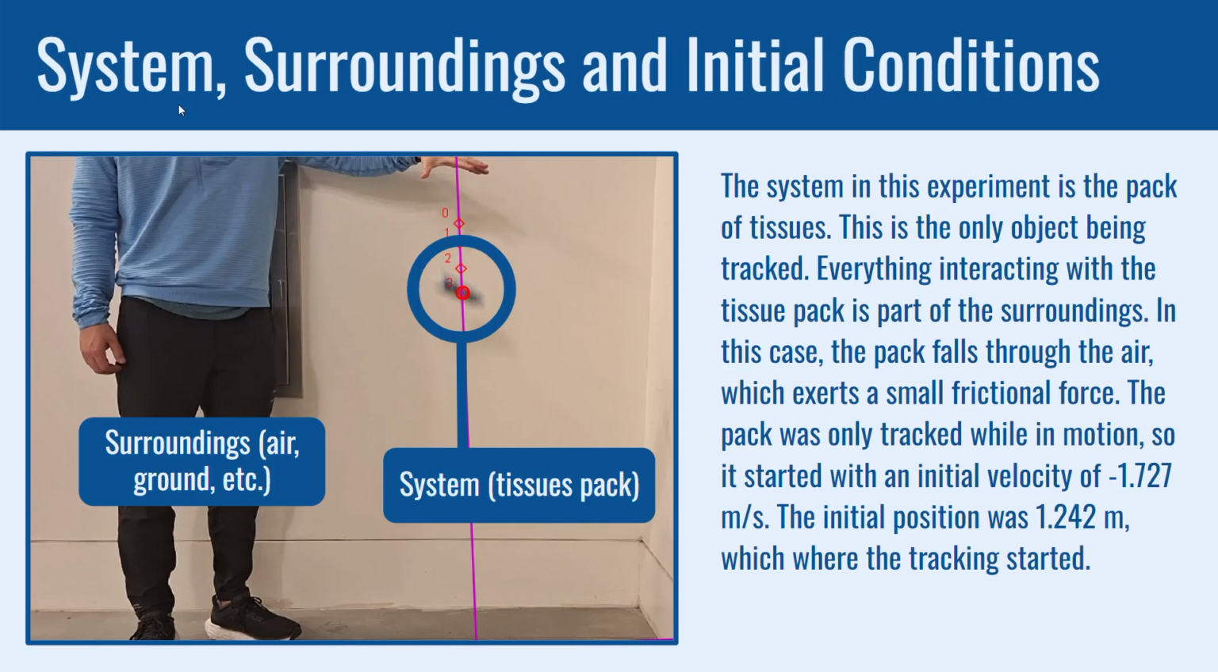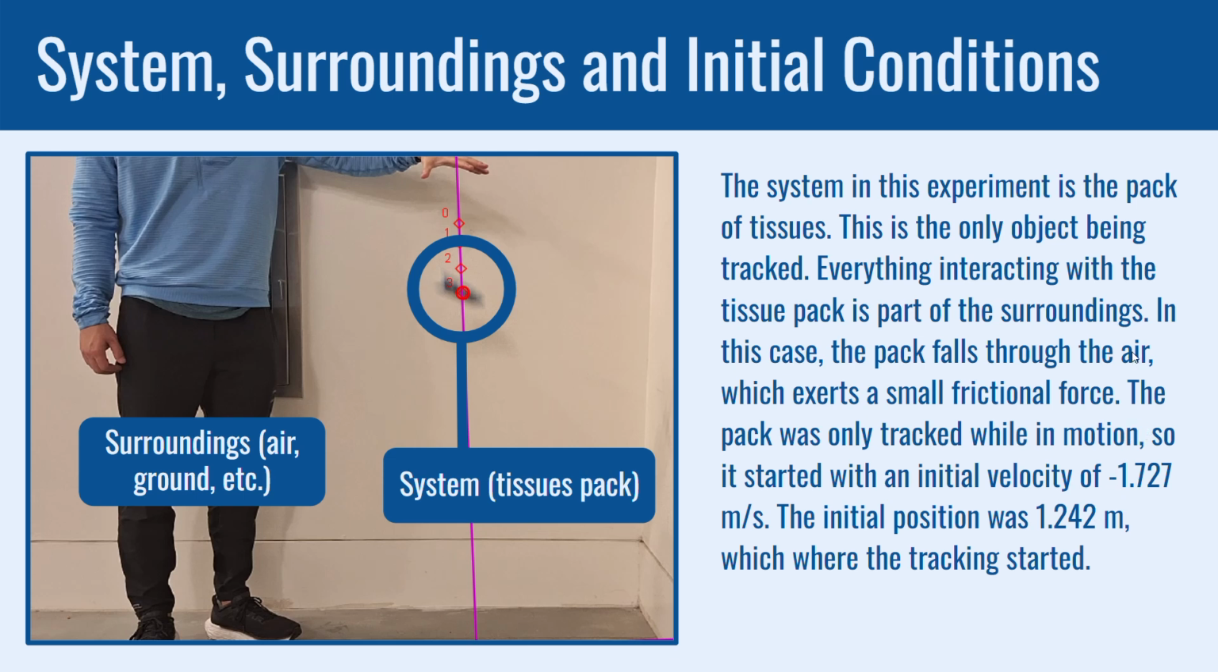First, I want to recognize the system, surroundings, and initial conditions. The system is the tissue pack. The surroundings are the air, the ground, everything else that could have acted on it. And it started with an initial velocity of negative 1.727 meters per second and an initial position of 1.242 meters